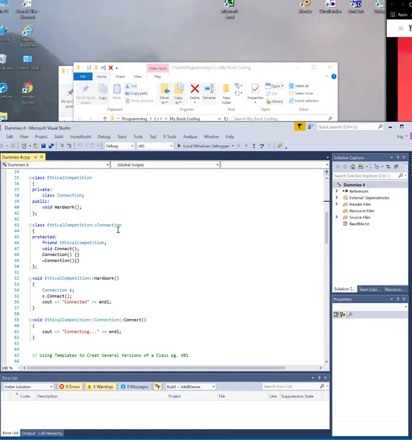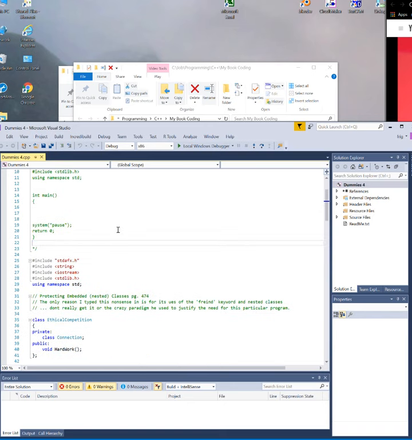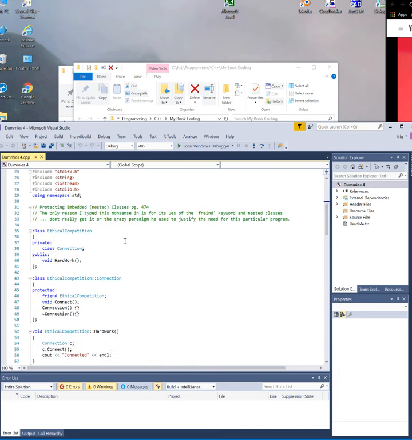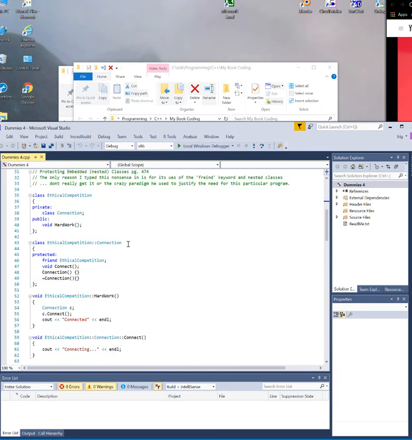Okay, in the dummies 4, I'm not gonna really try to dissect what this does. The only reason I can put this in there is because of its use of the friend keyword. But this is such a stupid example. I could not even remotely understand what they were trying to talk about. This is the dumbest application of objects I think I've ever seen. Terrible example, but what they're trying to demonstrate